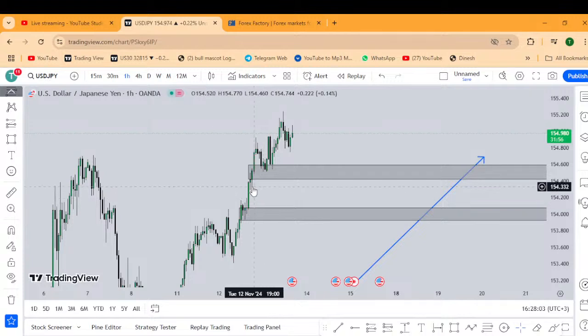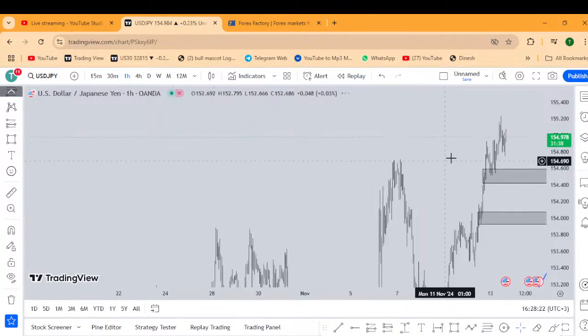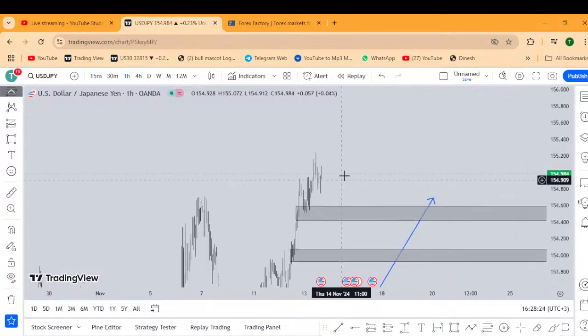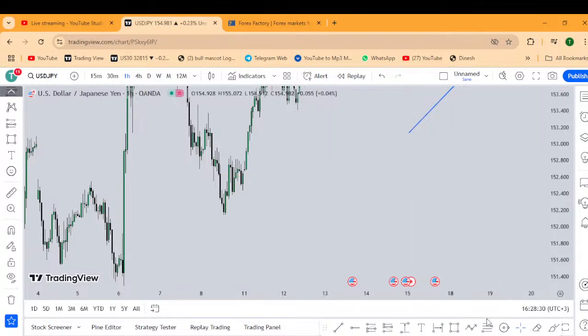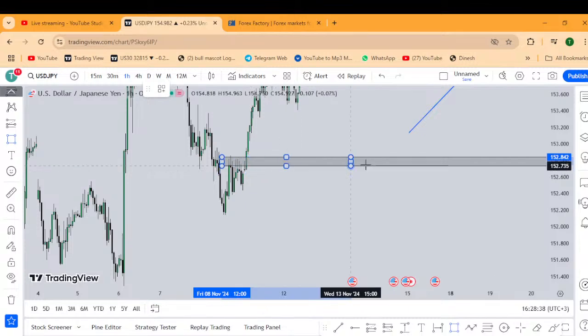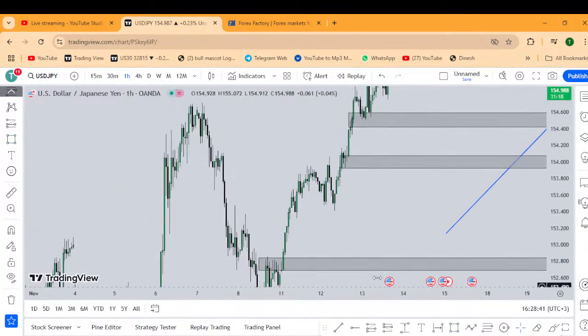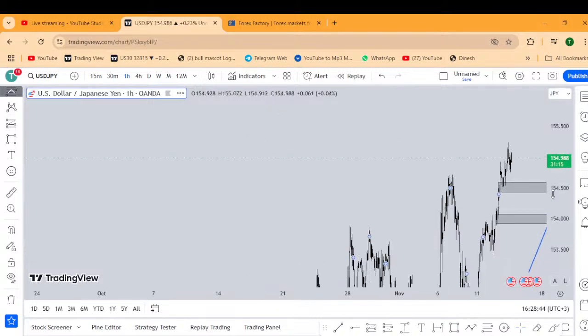Technically, when you look here, we have zone 1 and the market is already bullish and it's more likely to continue bullish. Remember, this is USD JPY. According to our fundamental analysis, and the technical analysis we did on the DXY, we are more likely to proceed with the buyers. So that's zone 1 if they happen to respect it, but this is the strongest zone among all. This is a very strong zone. We shall mark it like this.